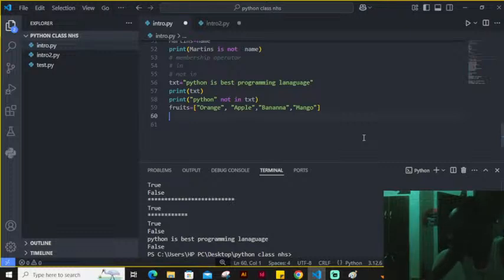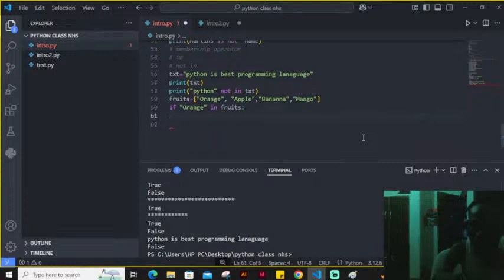Then I said, let me use a control flow statement. If orange in fruits, then x equals